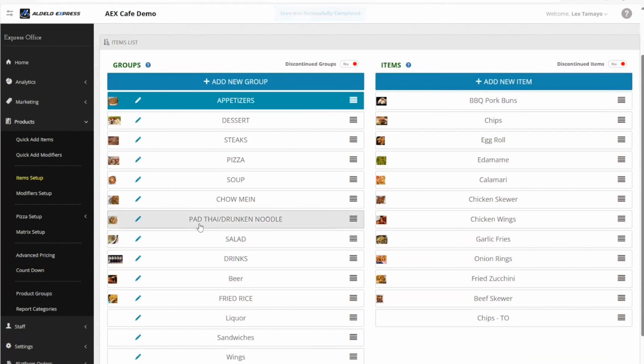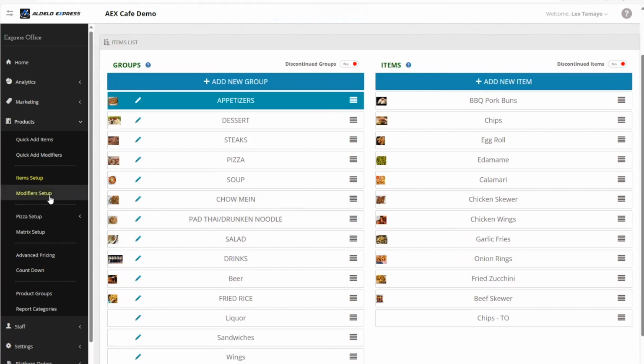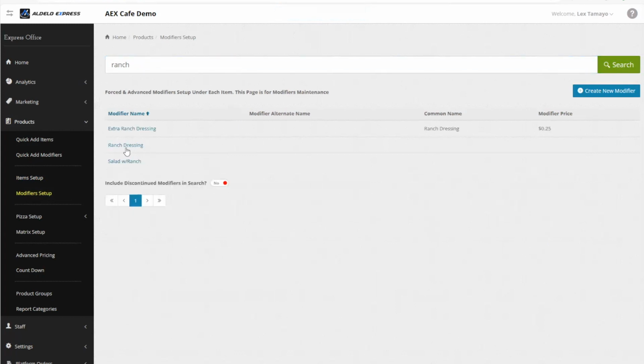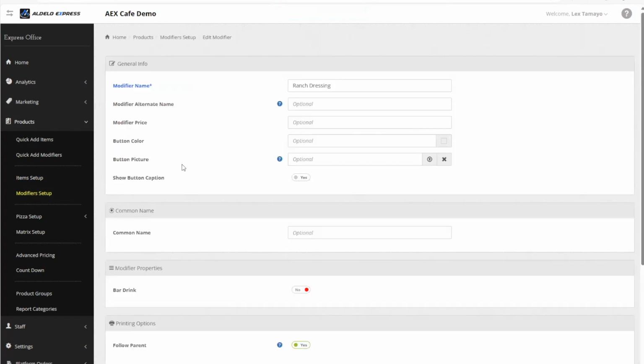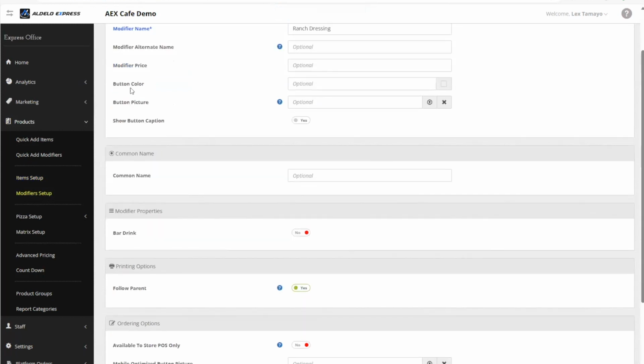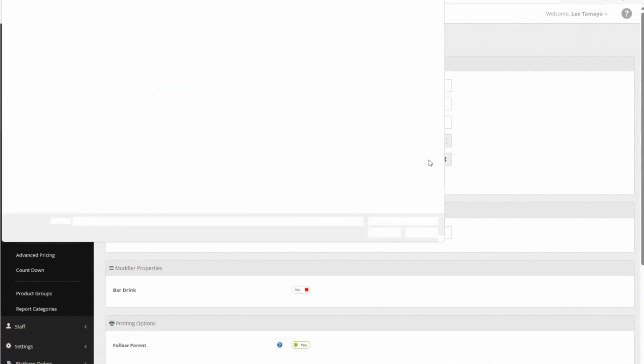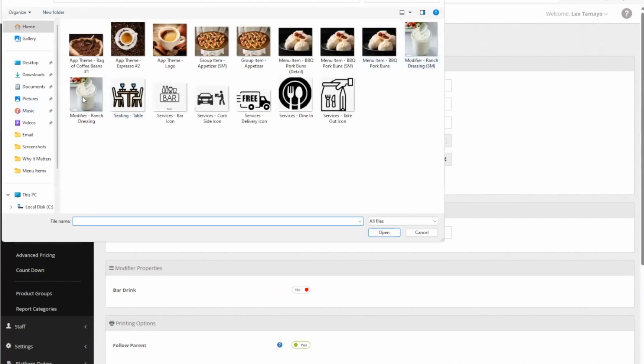Next up is the modifiers. So I'm going to click on the modifier setup. And then from here, I'm going to search for ranch for my testing purposes. And I'm going to select ranch dressing here. And then this also has two sections. So a button picture here, or sorry, this one. And I can click on the upload picture. Select my ranch dressing,